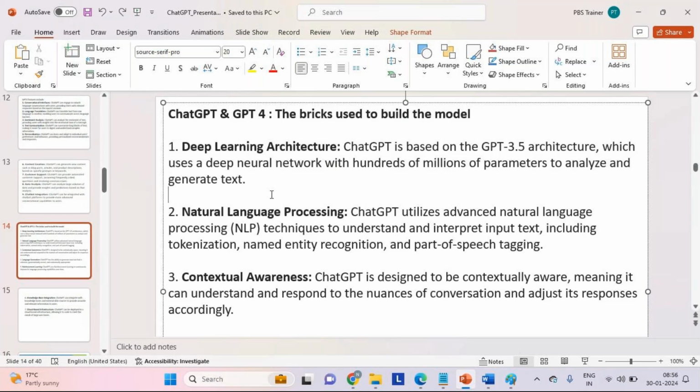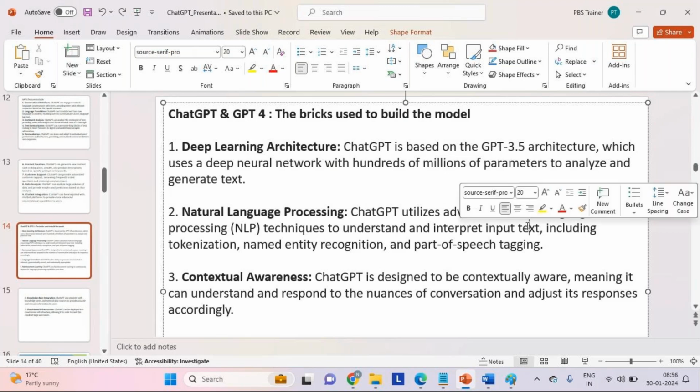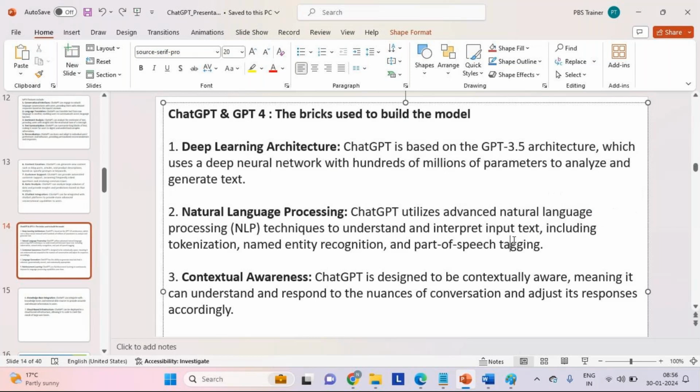Now, another brick that we use to build a model is NLP, which is natural language processing. The main goal of NLP is that for a given input, you get a corresponding response. It's as simple as that.